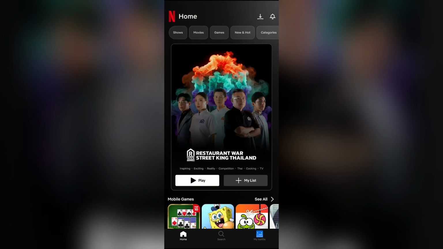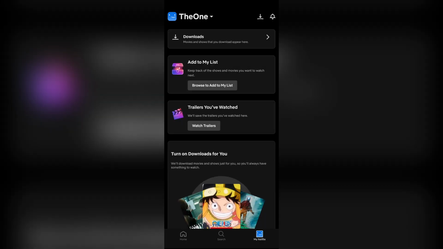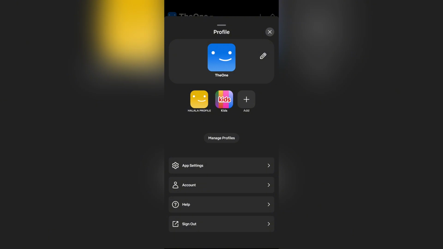Now in order to delete a profile on Netflix, just simply open your Netflix app, and from here you are gonna see the option of My Netflix from the bottom right corner. And once you tap in there, you are gonna see your profile name from the top left corner. Tap into that, and once you tap in there, you are gonna see all of the profiles that you have